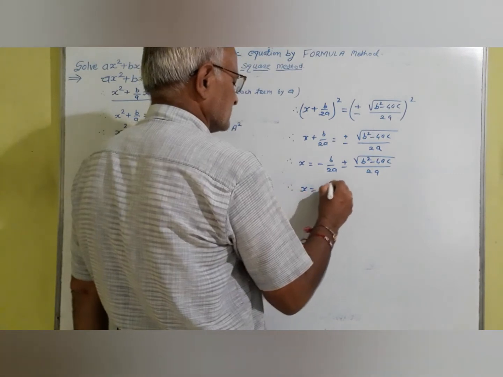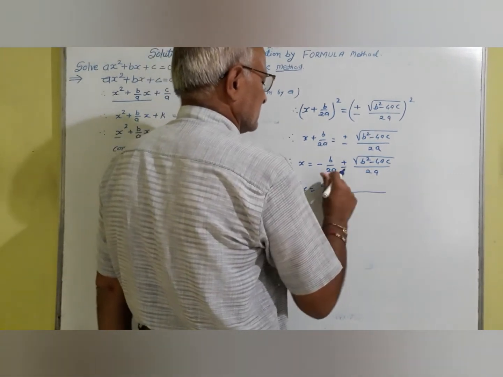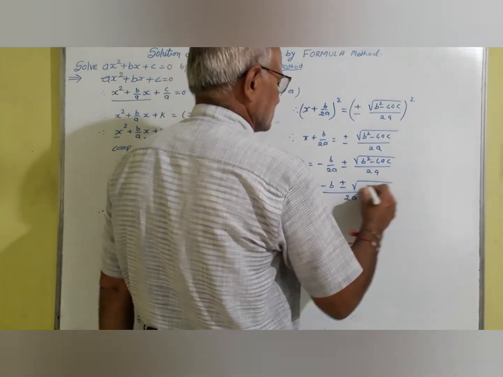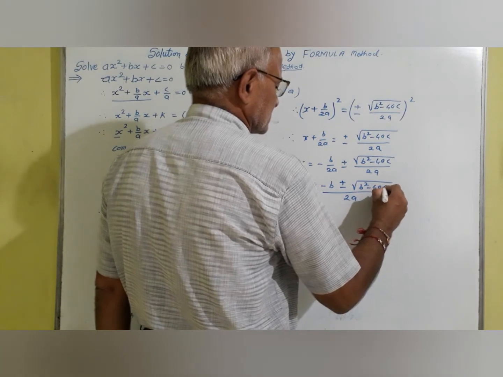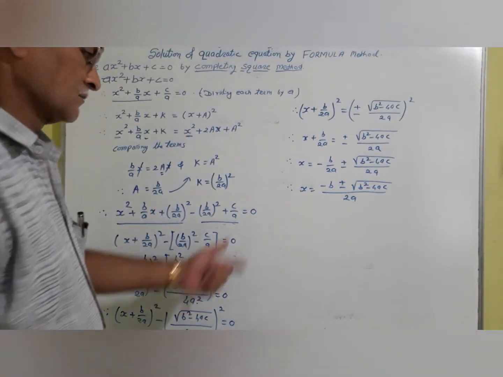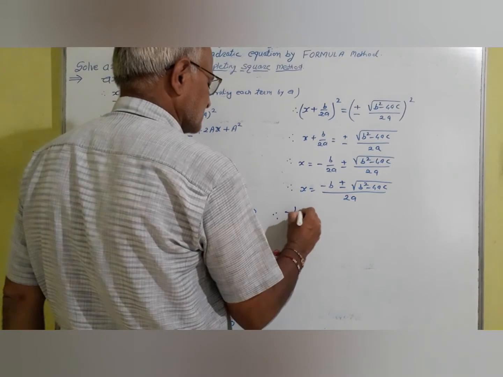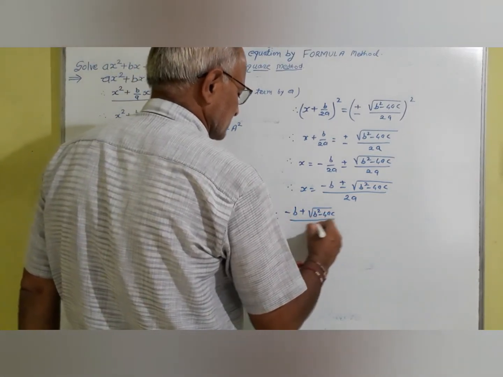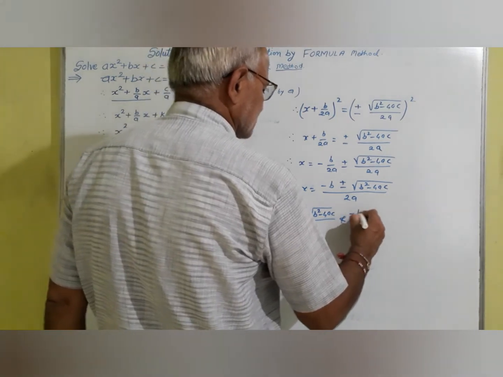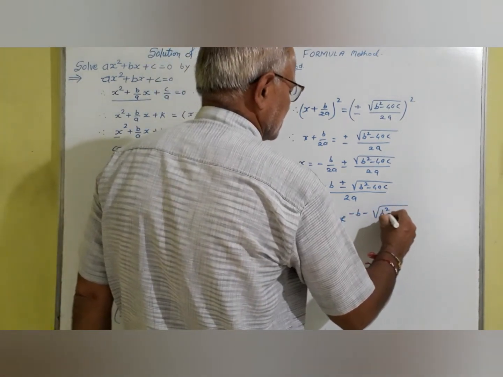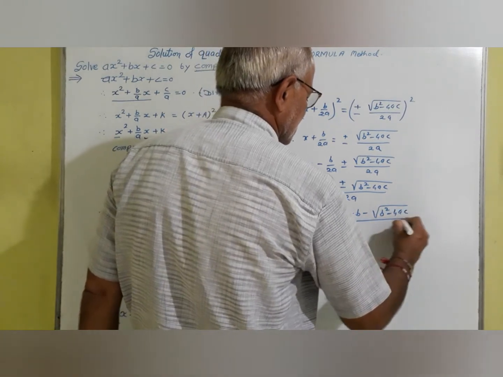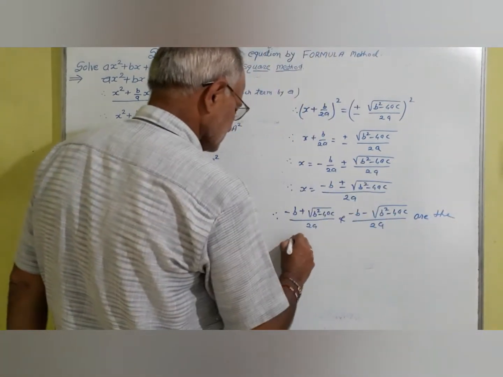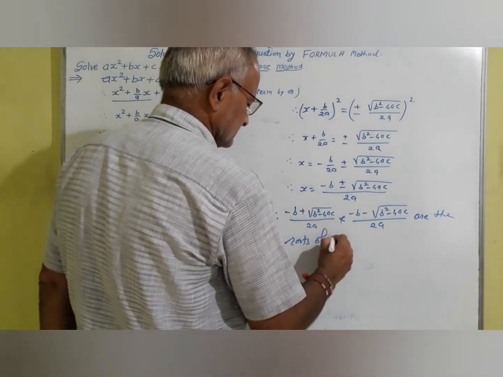Therefore, x is equal to minus, here the denominator is same, 2a, in numerator minus b plus or minus square root of b square minus 4ac. Now, therefore, we say that minus b plus square root of b square minus 4ac upon 2a and minus b minus square root of b square minus 4ac upon 2a are the roots of given